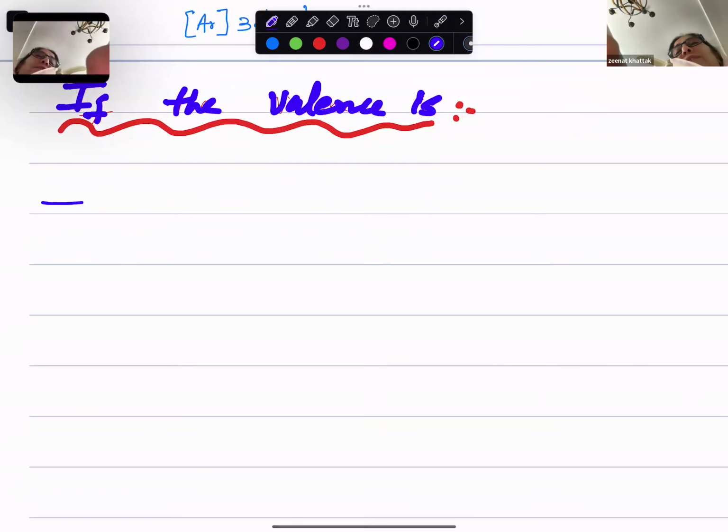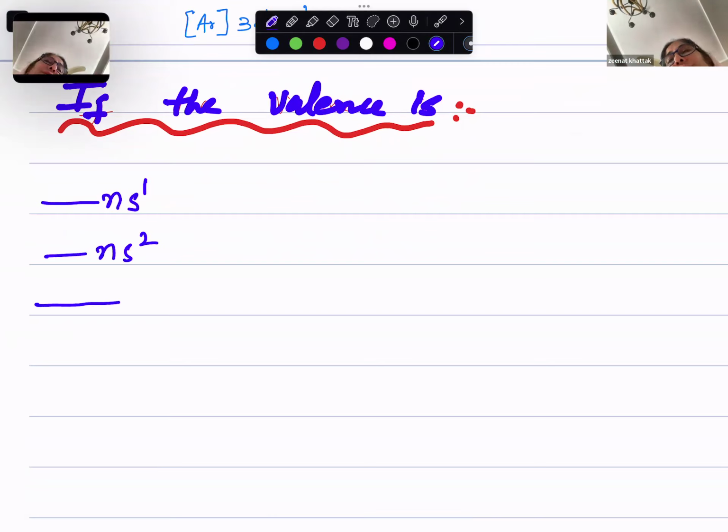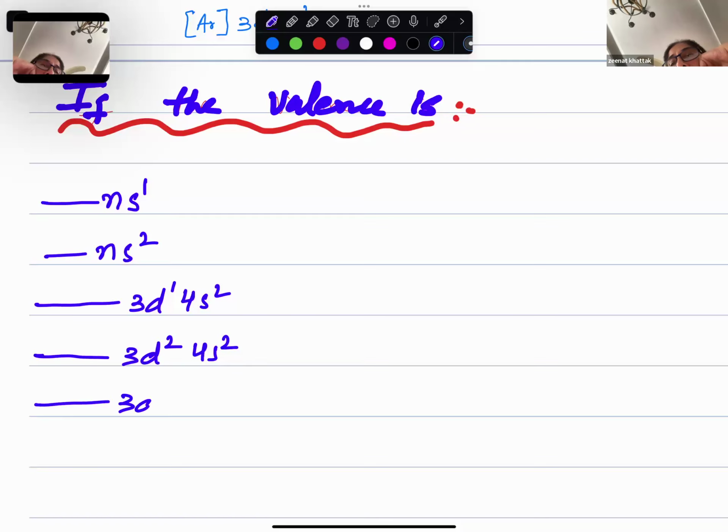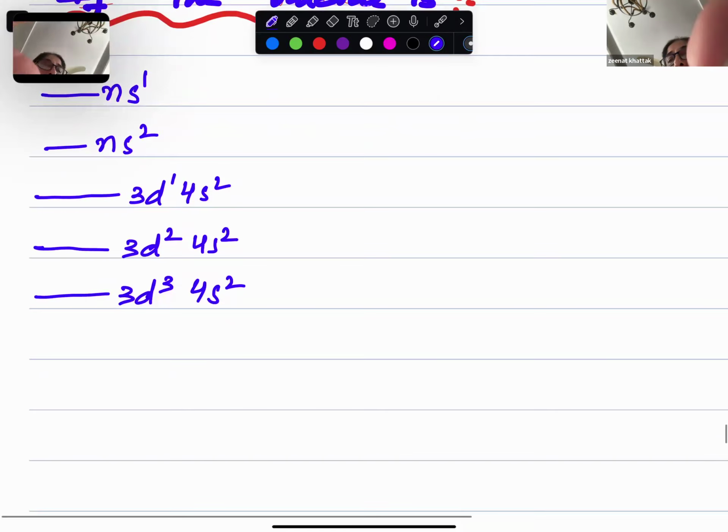If the valence is NS1, NS2, and then what? Like, suppose 3D1 4s2, 3D2 4s2, 3D3 4s2,